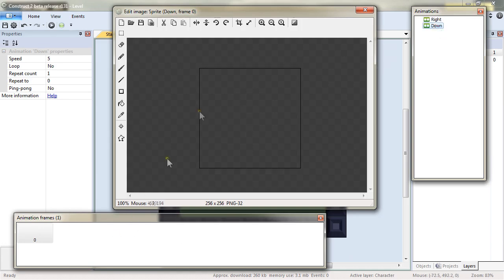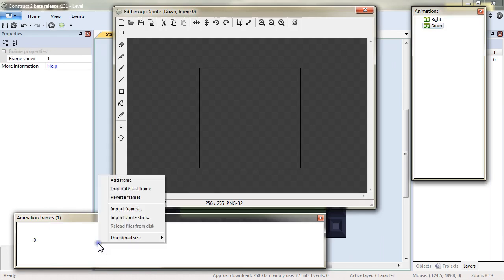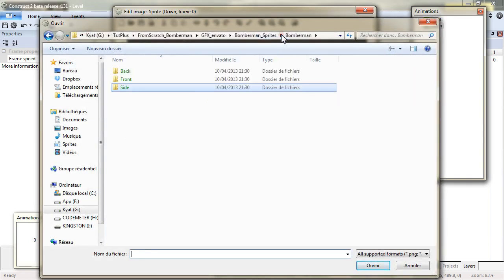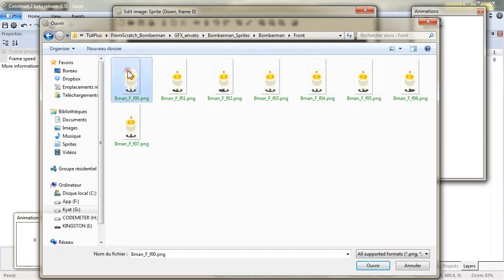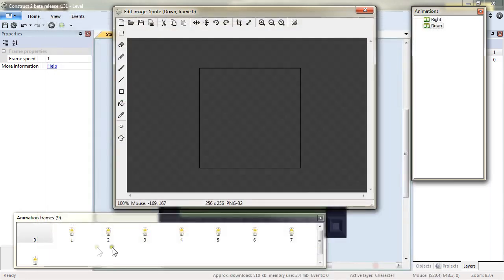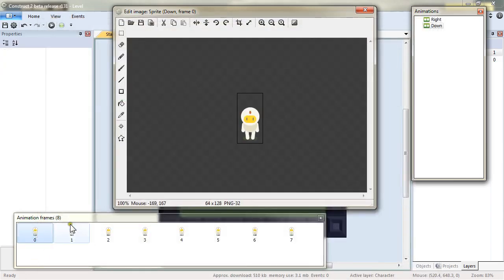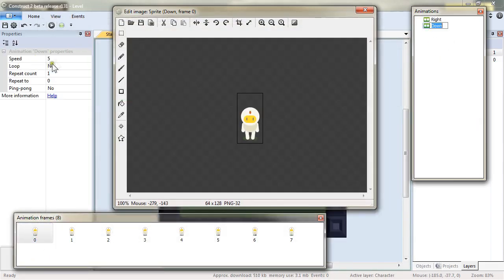Select it. You have once again a new animation, and as previously we will be importing frames from our object files. We are selecting now the folder front, selecting all the frames, open, delete the first frame and modify the speed property to 16 as well as the loop. Once again, add an animation, left,